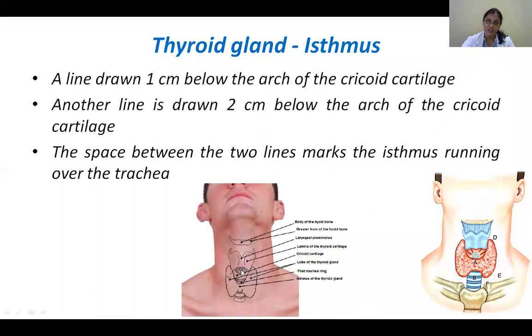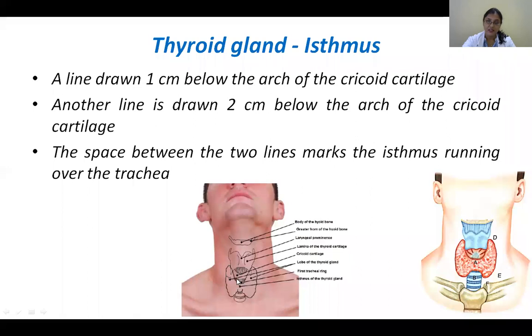So below the thyroid cartilage, what do you have? This is the cricoid. So the larynx is formed of what? 9 cartilages, out of which 3 are unpaired and 6 are paired, that is, 3 pairs of cartilage. So what are the 3 unpaired cartilages? We have an epiglottis, this large thyroid cartilage, and below that this C-shaped cricoid cartilage. So this is the cricoid cartilage.